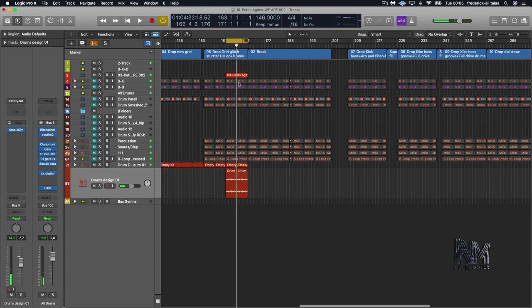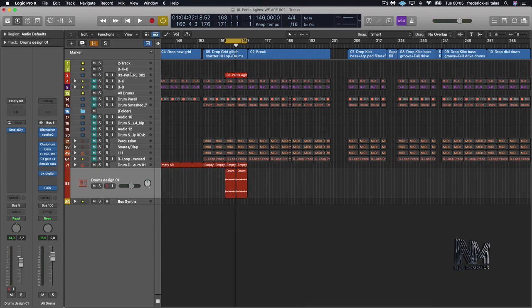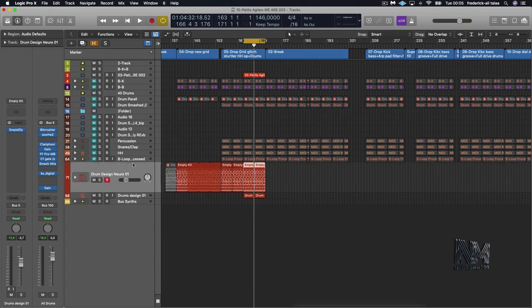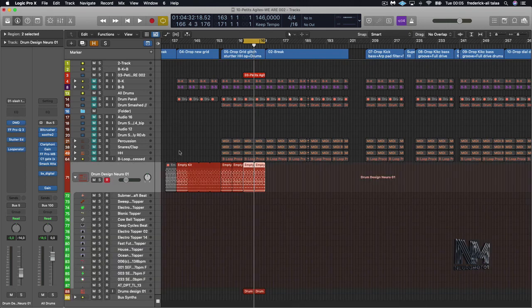So what I did, I had to bounce everything like the drums and the kick and the bass wise, because I'm using a lot of plugins, quite heavy duty really. Some are Acoustica, some are UAD, some other Plugin Alliance and stuff. So it's taking a lot of CPU, and while recording it wouldn't go. All right, so I'm going to reverse engineer and show you step by step, so it's not too long and you guys can watch what I've done, and hopefully for those who have Logic, you can just replicate this kind